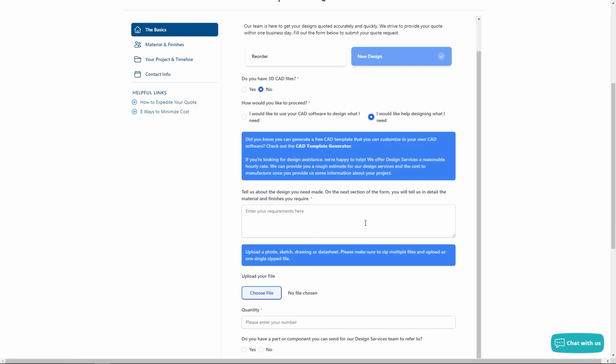You would select that you need help designing and provide what you can. Our design services team can design what you need with as little as a napkin drawing by designing for a reasonable hourly rate. All in all, it is a good idea to give as much information as you can about what you need designed, so we can give you a proper estimate on how much it will cost to design